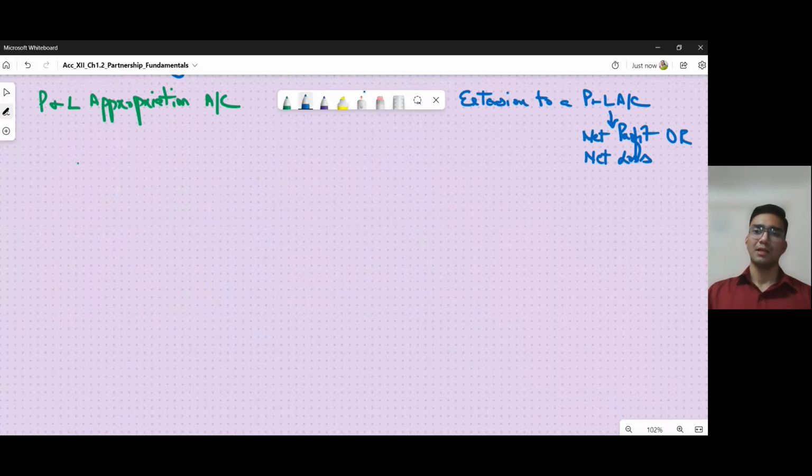Now think about this. Partners, after you've paid off all the outsiders, like we saw the charges against profit, and I told you these are paid mostly to the outsiders. So when you pay off your charge against profits, you're left with a certain amount of money. This amount of money now which is left will be distributed among the partners. So we show all our charge against profits in our P&L account. So after removing the charge against profits,